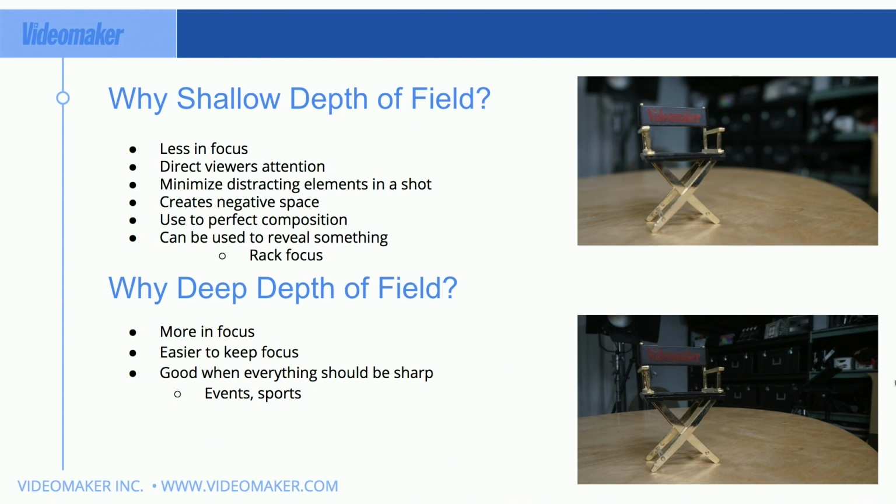But maybe a close-up shot of the players is going to have a shallow depth of field because what's in the background doesn't matter as much. If you're shooting the quarterback and nothing but the crowd and the backfield is behind them, it's not very beneficial that any of that is in focus because there's nothing there that's going to be part of what you're telling in that story, which is, of course, a football game in that situation.